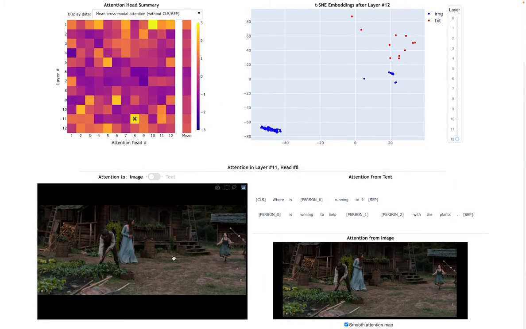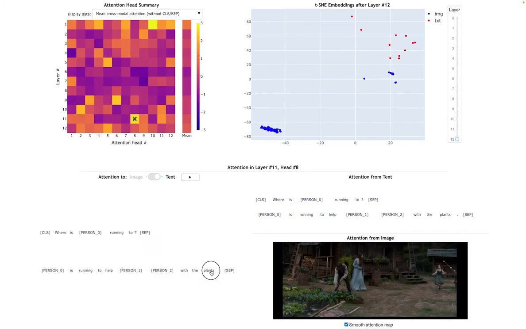The graphs below will show the contents of this example, including both image and text. Now we can select an image patch, for example a part of the plants here, to show the attention to it. This image patch is heavily attended by both the text token plant and also the other plants in the same image. Similarly, we can select a text token, for example plants here. Again, a large part of the plant in the image and the text plant itself is attending to it. This shows that this attention head is pretty good at understanding the alignment between the same kind of object, both in the text and in the image.